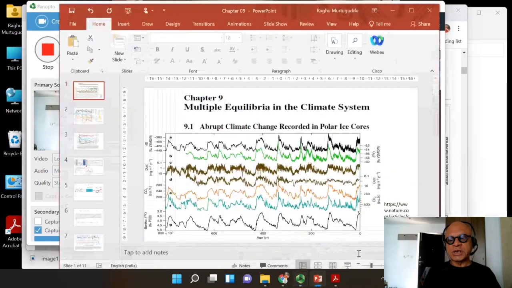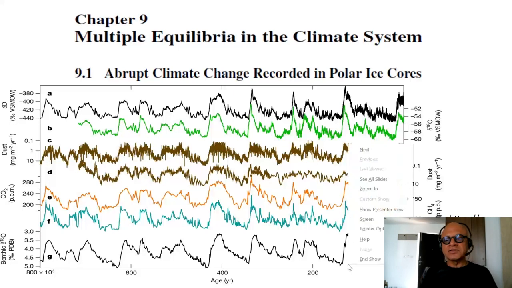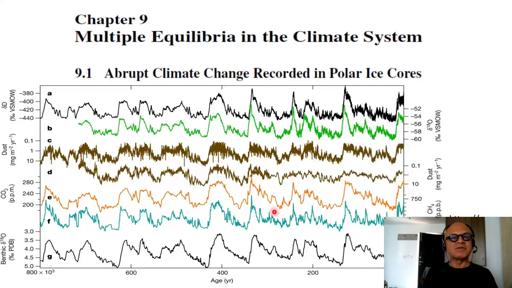So this is the last chapter in Tom Stocker's book on Introduction to Climate Modeling. I think I will add a few podcasts from David Neelin's book, which is much more focused on modeling climate change. And this last part is also about climate change, but more focused on multiple equilibria in the climate system. And Tom has worked a lot on this problem from simple models, especially this bipolar seesaw and multiple equilibria in